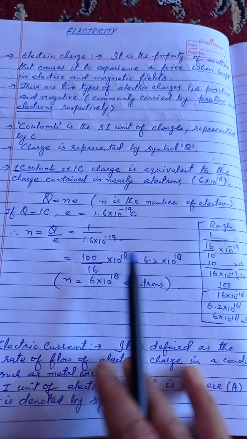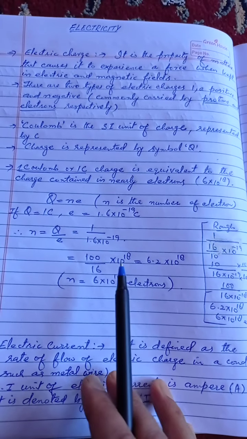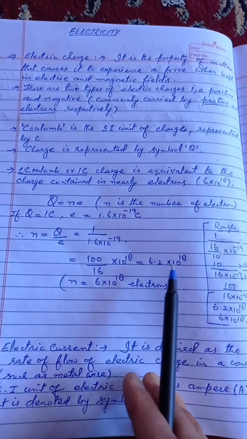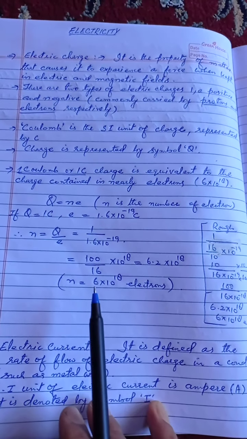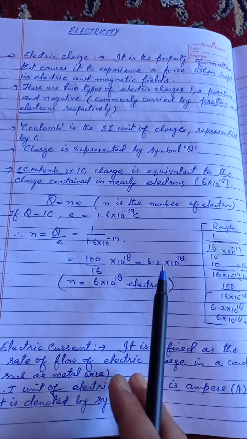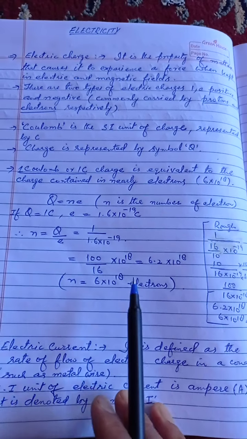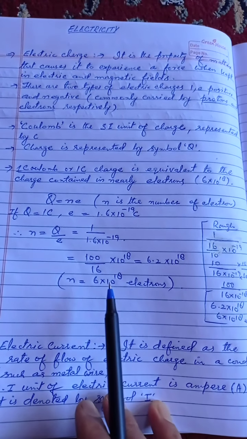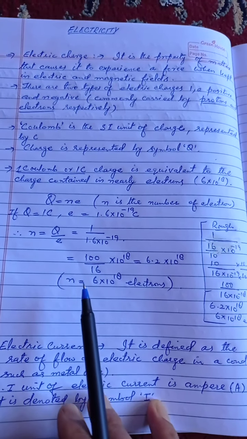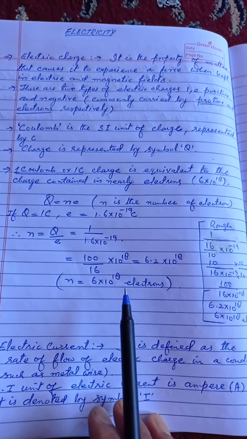तो थोड़ा सा रफ पर मैंने दिखाया है। दिस इज 100/16 इंटू 10^18, दैट्स इक्वल टू 6.2 इंटू 10^18। सो n इज इक्वल टू 6 इंटू 10^18 इलेक्ट्रॉन्स। तो इस न्यूमेरिकल से हमें साबित होता है कि एक कोलम्ब ऑफ चार्ज में कितने इलेक्ट्रॉन्स होते हैं, 6 इंटू 10^18 इलेक्ट्रॉन्स।